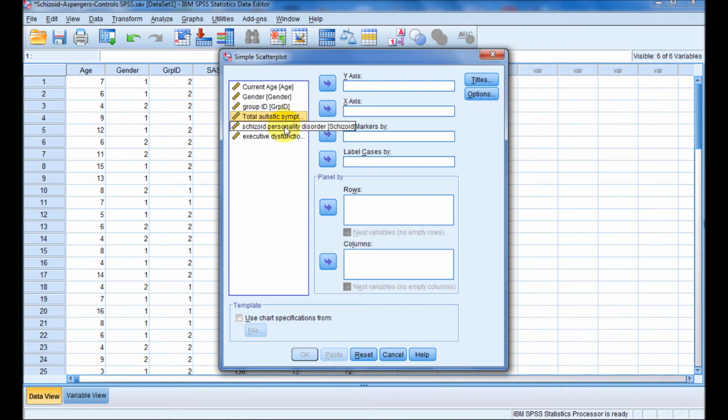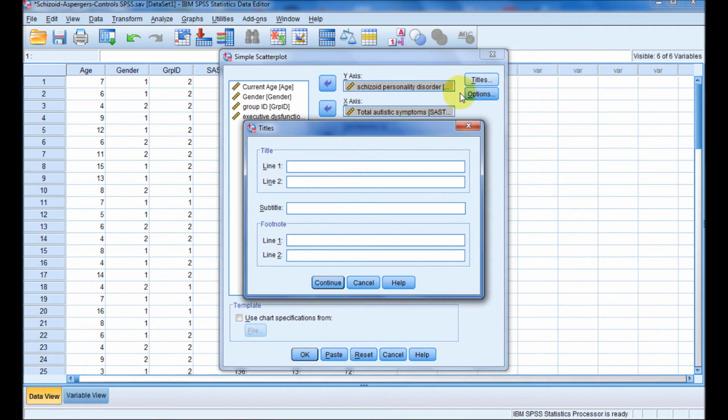we could have said, okay, let's put schizoid on the y-axis and autistic symptoms on the x-axis, or vice versa. We were interested in their bivariate correlation. We didn't really have a direction. If we wanted to put a title here, which is handy, we could have labeled the top of this graph